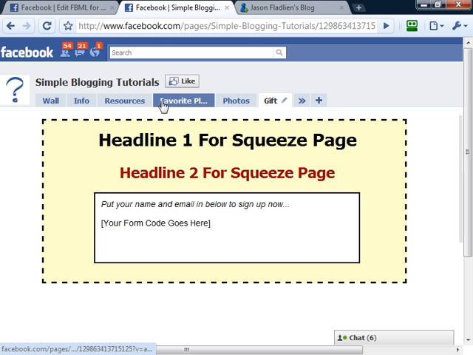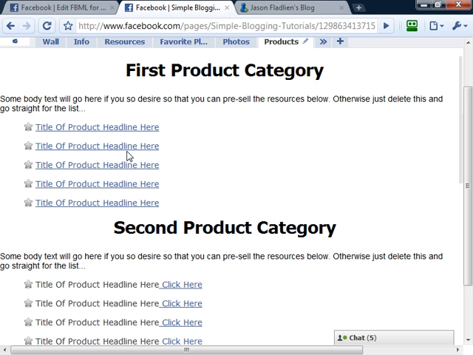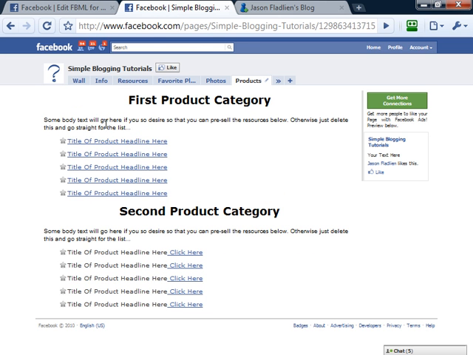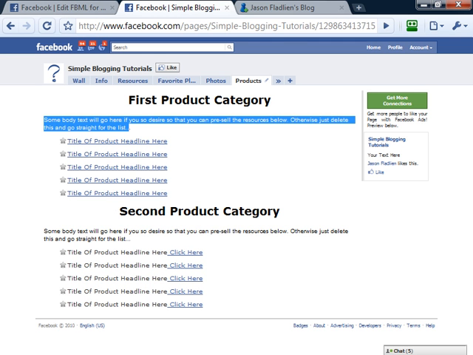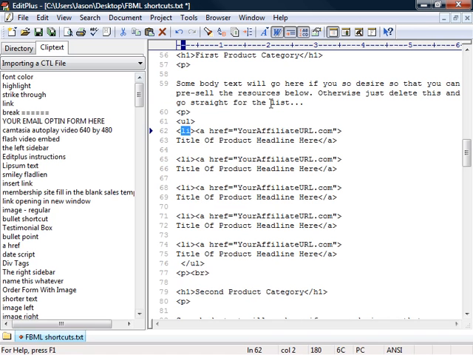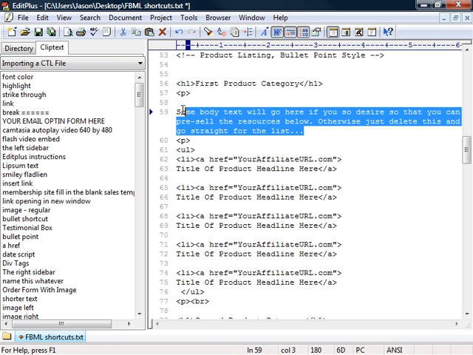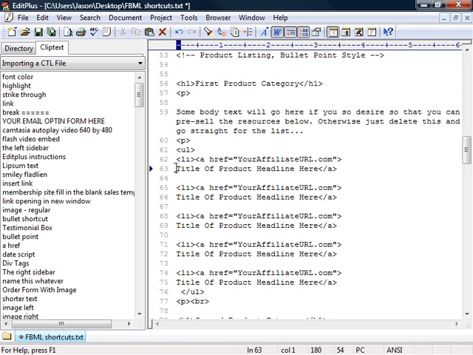Because if we look at the page here and we go to products, you'll see how I have it so where it says, indent this, make this a bullet point, and all that good stuff, right? There we go. Okay, so see how I have that text there, and these are all bullet points? That's great. Now the only thing you really have to change is, obviously besides the headline right here and this text, you've got to put the title of the product you're recommending, and then you have to put